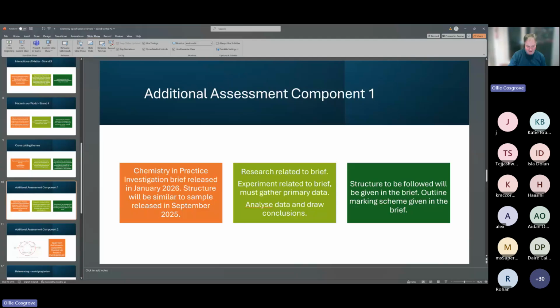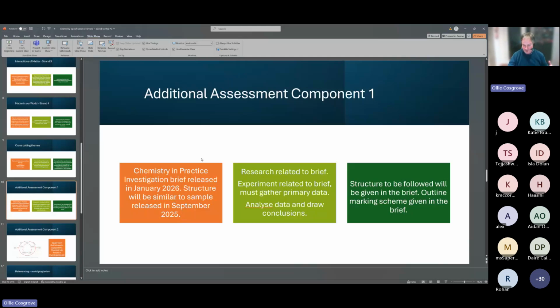And the structure of it is going to be exactly the same as the one we will get in January. So it'd be worth having a read of it. I'm not saying you'd have to do it. You've plenty. I'd concentrate on the theory. But if you have a read of it, this is what I printed out earlier from that website. But if you have a read of it, you'll notice that just like the computer science project that they do,